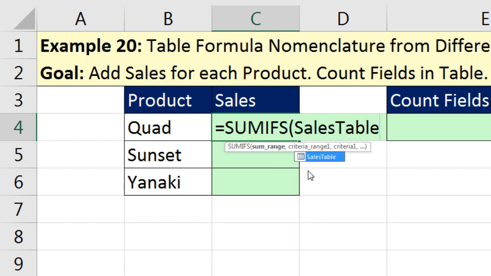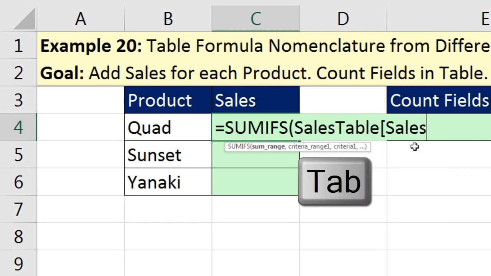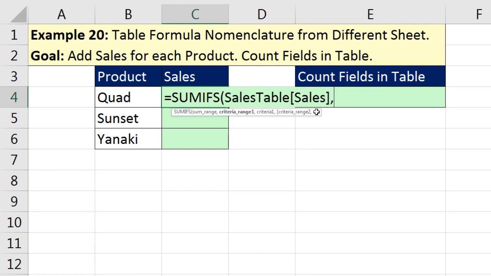Now, anytime I type an open square bracket, the drop-down is polite. It gives me all the elements from the table: field names, and then elements like All, which is field names and all the records; Data, just the data, that's the inside part; Headers, just the headers; and Totals, total rows, which we haven't used yet in this class. Now, I want Sales, so I'm going to hit Tab, close square bracket, comma, criteria range, it's the same, S,